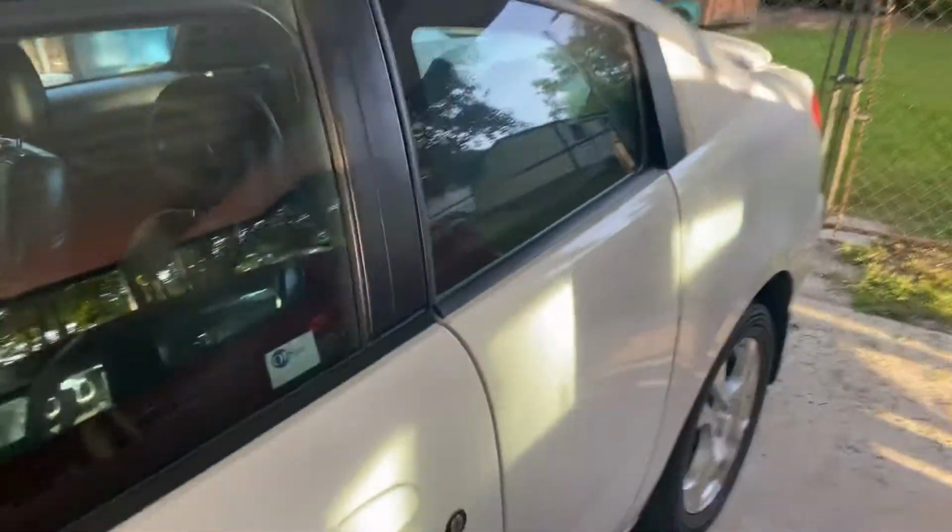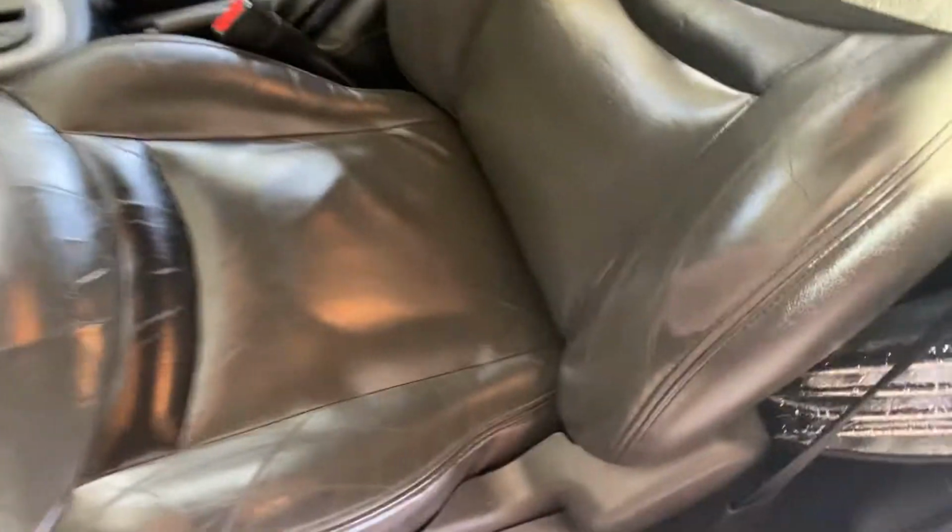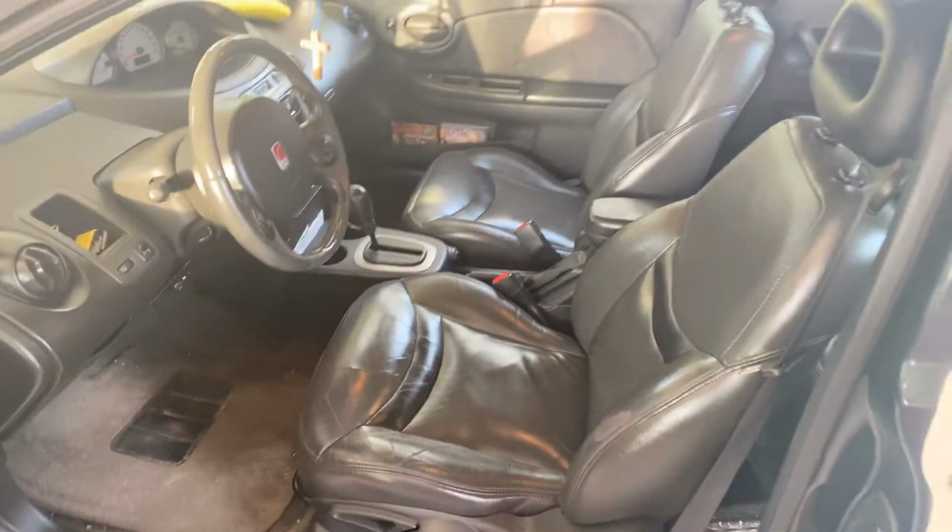The front seat had a little bit of wear on them. Mainly the bottom seat cushion was cracked. There, the perforations, and then some splits here. The whole point in this video is